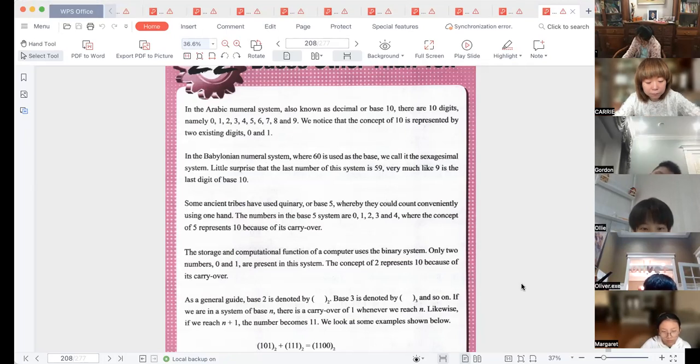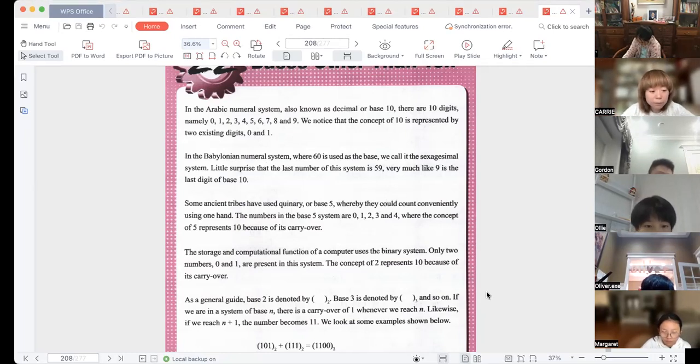The storage and computational function of a computer uses the binary system. Only two numbers, 0 and 1, are present in the system. The concept of 2 is represented by 10 because of its carryover. As a general guide, base 2 is denoted by